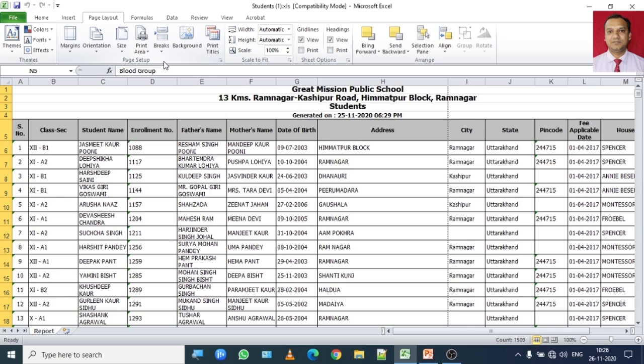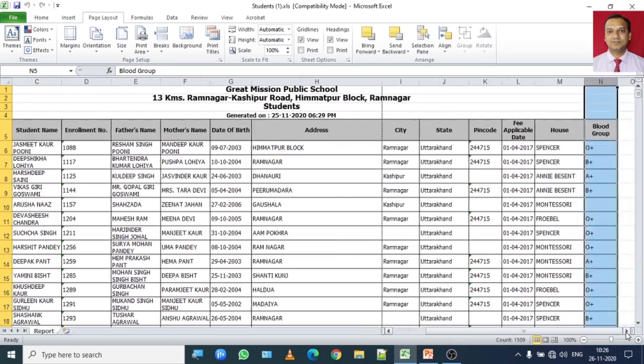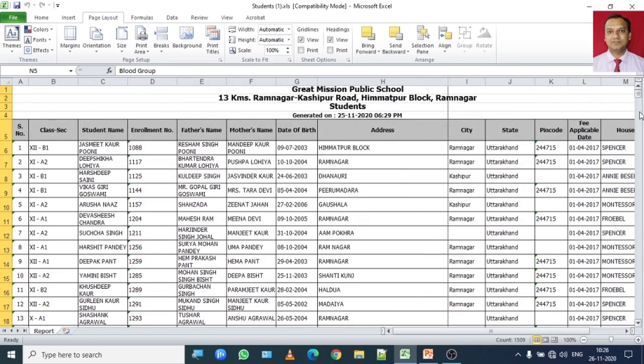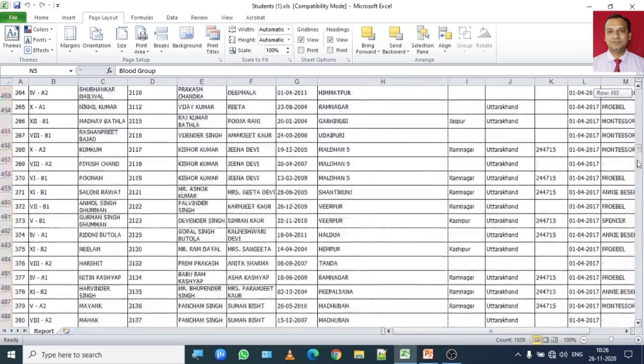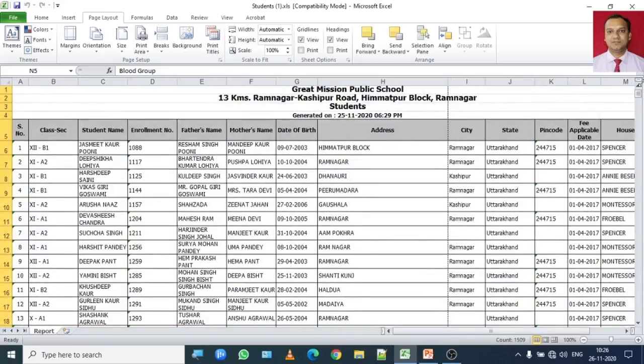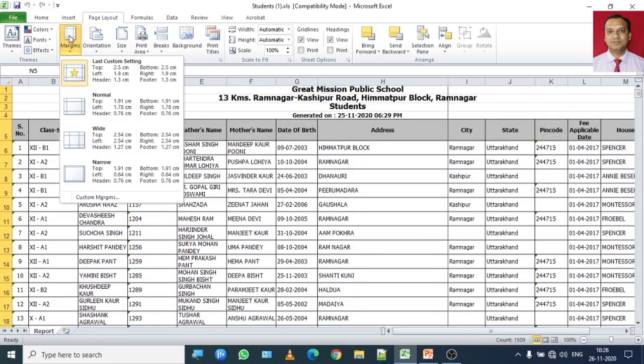So first, let's set up a margin. Before setting up a margin, you need to check how much data you have entered in a workbook. Once you check the entire data, then what you can do is go to the Page Setup group, click on the Margins icon, and you will find different types of